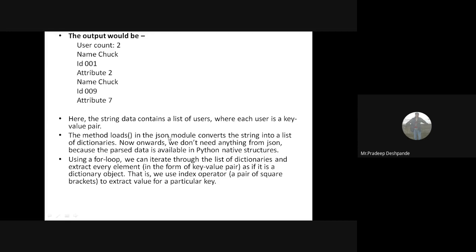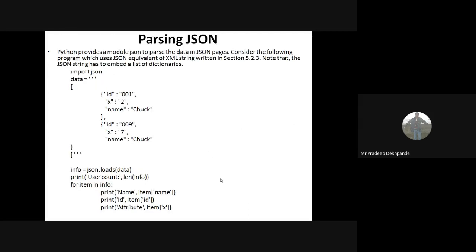The loads method converts the string into a list of dictionaries. Now onwards, we don't need anything from JSON because the parsed data is available in Python native structures. Directly, we can use a for loop. That is what we have done.